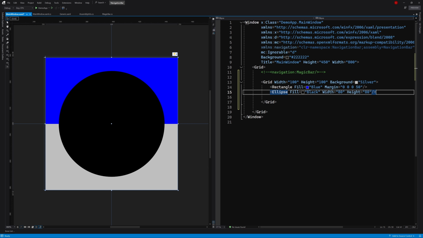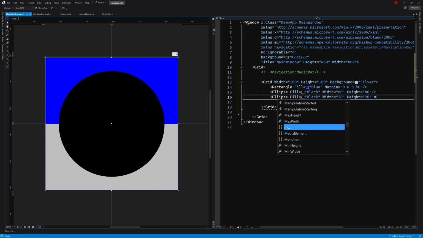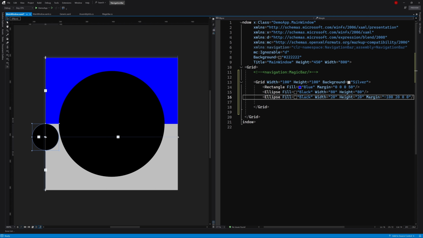For the arcs on the left and right sides, we need to draw them with two small circles. So we add a circle on each side, both with width and height of 20. And we adjust their positions with the margin. It's a little bit high, so let's lower it by about 20.